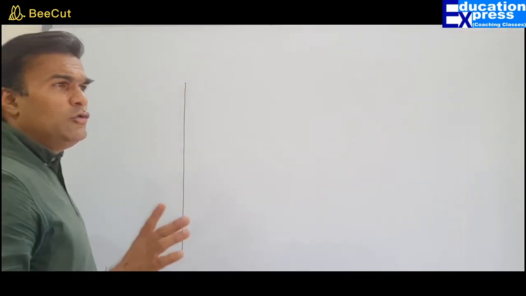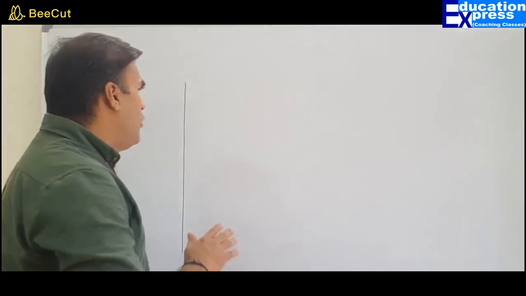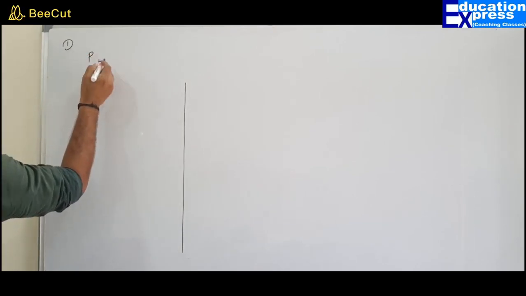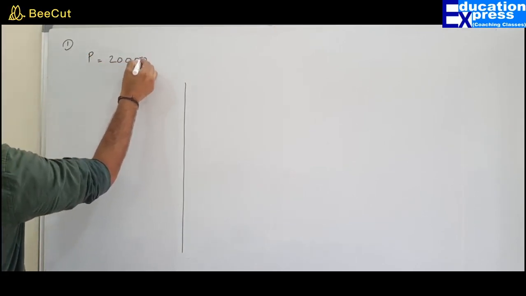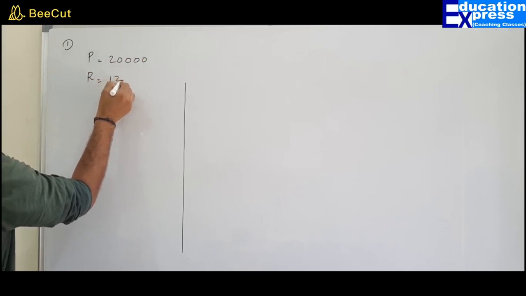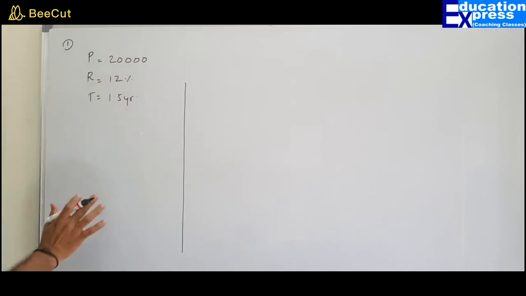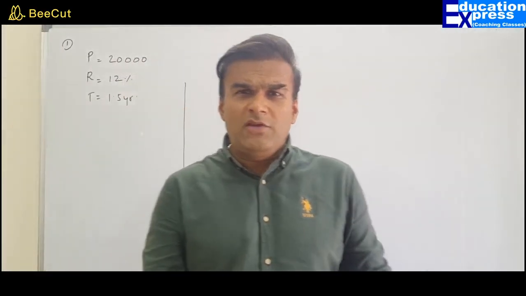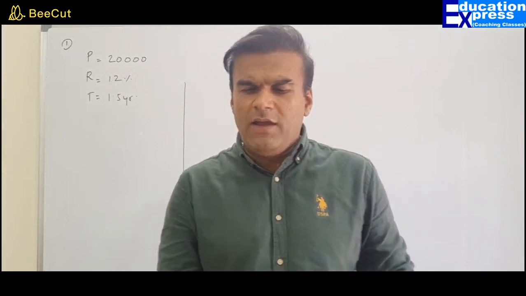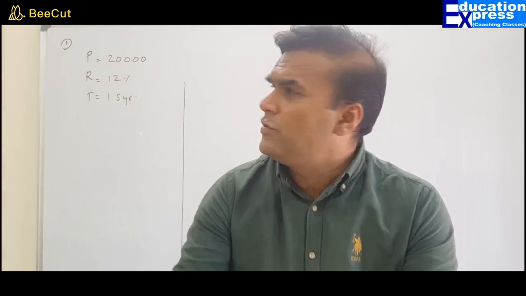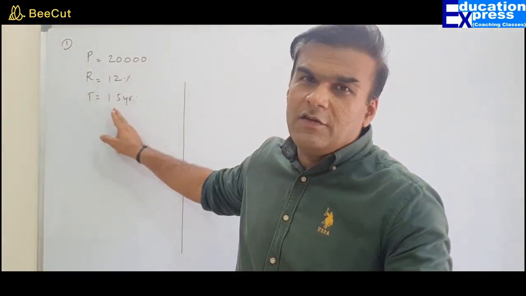So now, here we go. Assume that we have to do the questions with the help of the formulae. What do we do? How do we go about? First one, supposing your principal is 20,000 rupees. Rate of interest 12%. Time horizon 1.5 year. Only this information is given to us. We don't have any other information, and what are we interested in? We are interested in finding out the amount at the end of 1.5 years.